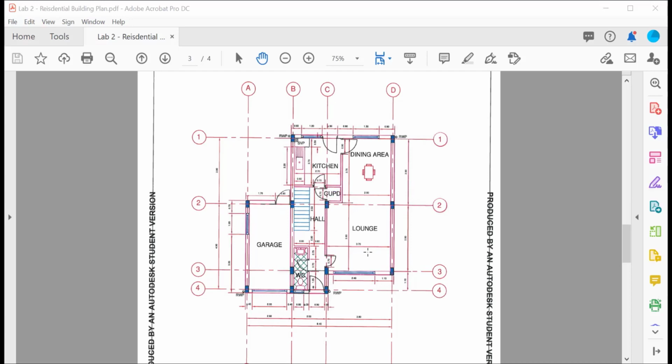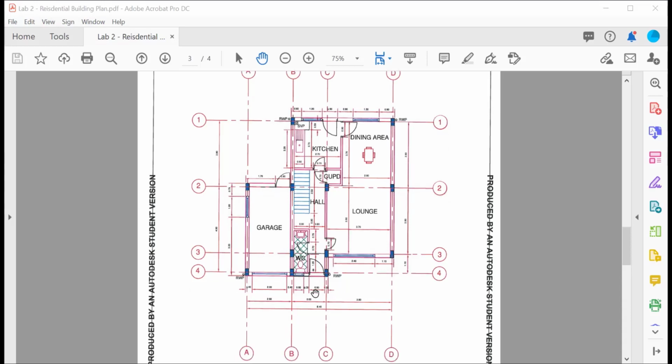Now, if you look at the drawing here, under grid line D, we have three columns. Under grid line C, we have three columns. Under B, we have three or four columns, and under A, we have two columns. Now, we also have the different compartments in this plan. We have the lounge, the dining area, the kitchen, the hall, the water closet, and the garage. So these are the things that we need to